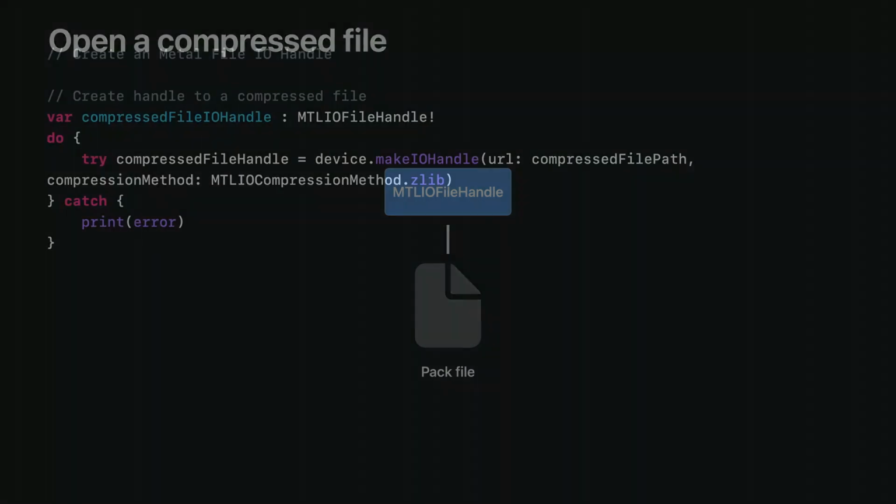You can open and access the compressed file by creating a file handle. This file handle is used when issuing load commands. For a compressed file, Metal 3 performs inline decompression by translating the offsets to a list of chunks it needs to decompress and loads them to your resources. You create a file handle with a Metal device instance.